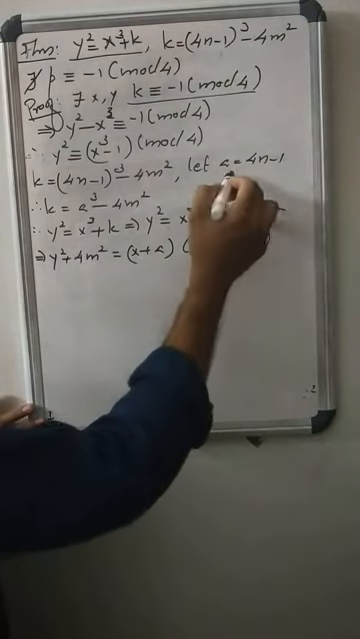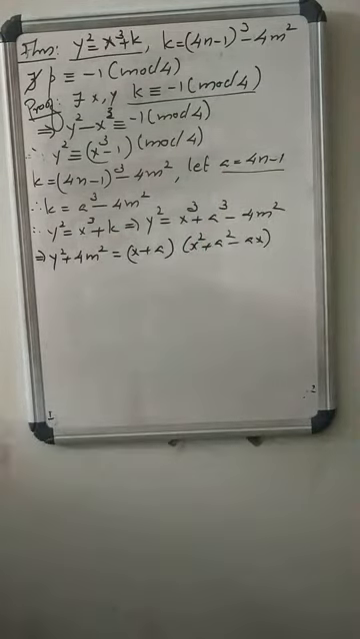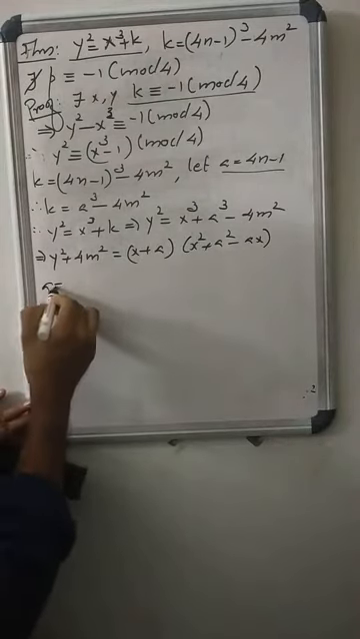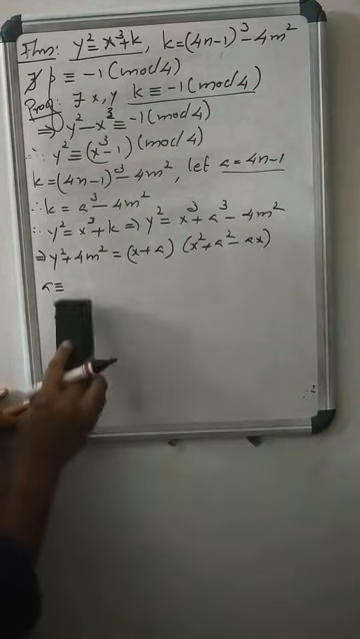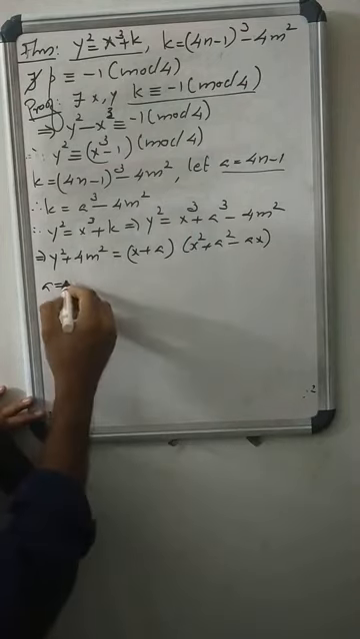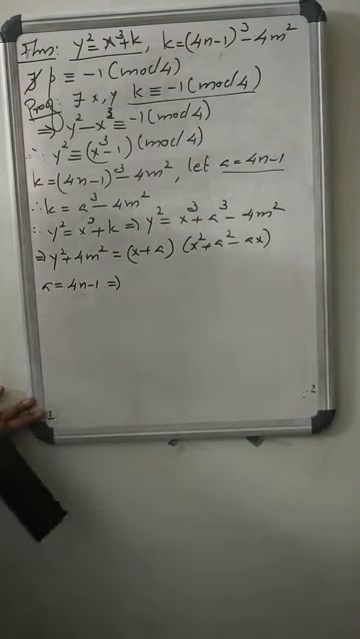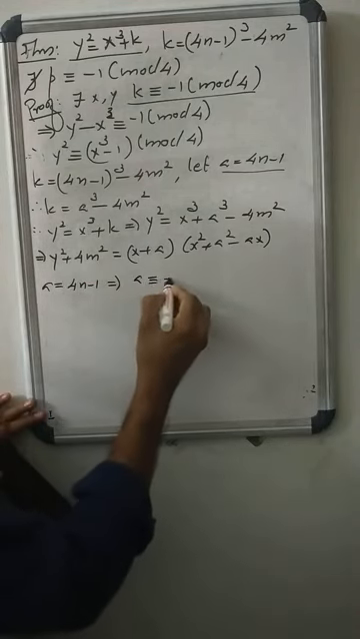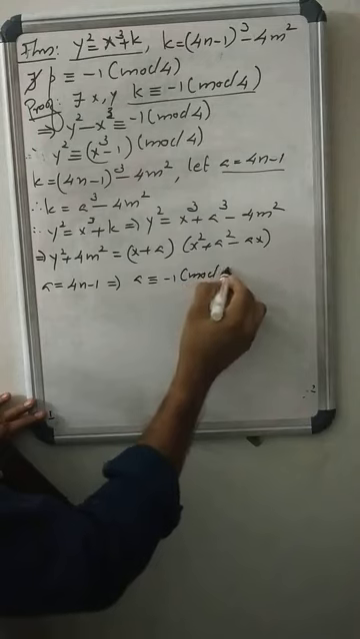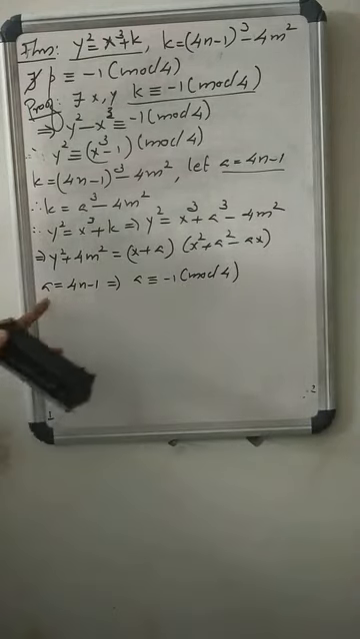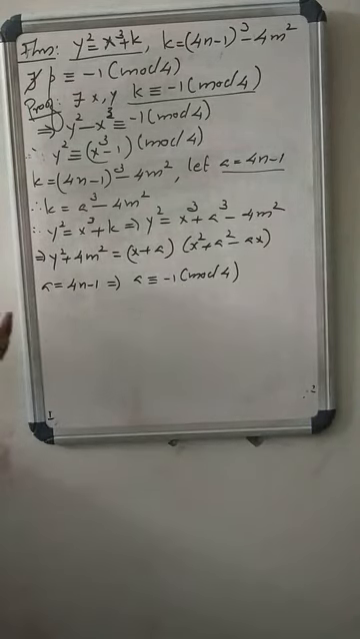But what is a? We have a = 4n - 1, that means a ≡ -1 mod 4. Okay? a + 1 is 4n, that is a + 1 is a multiple of 4. That means a congruent